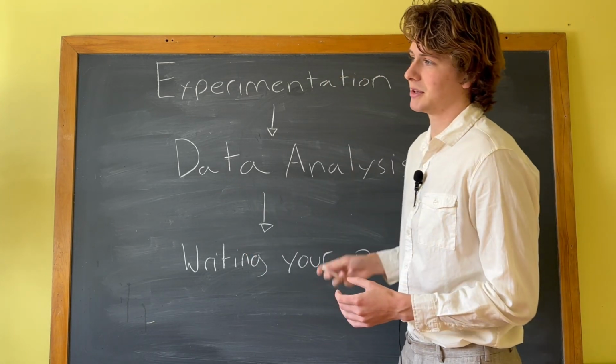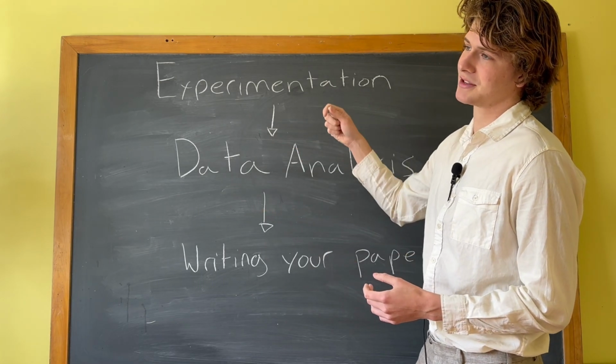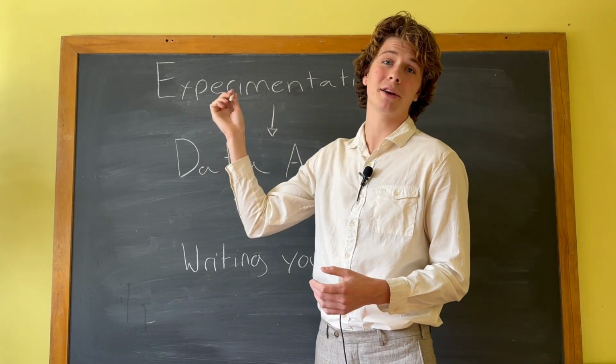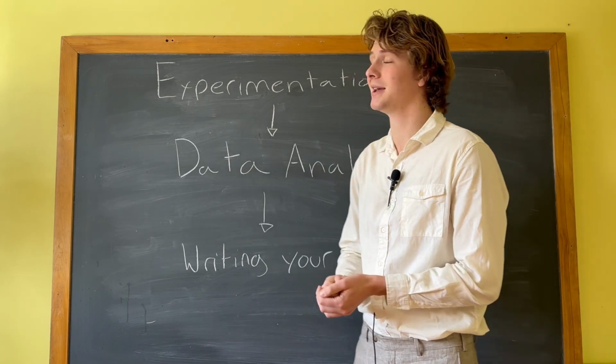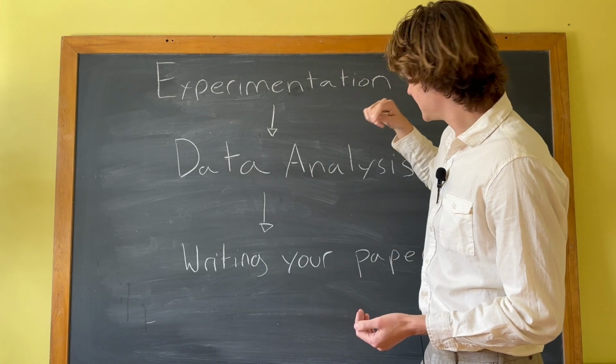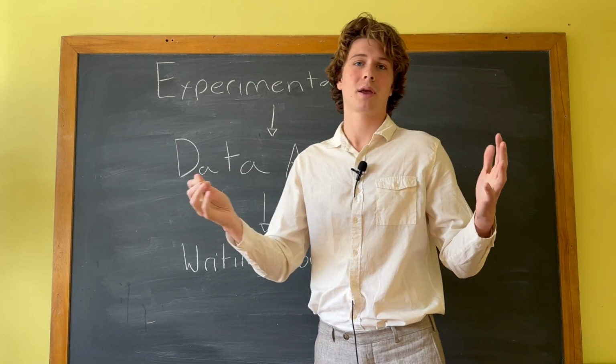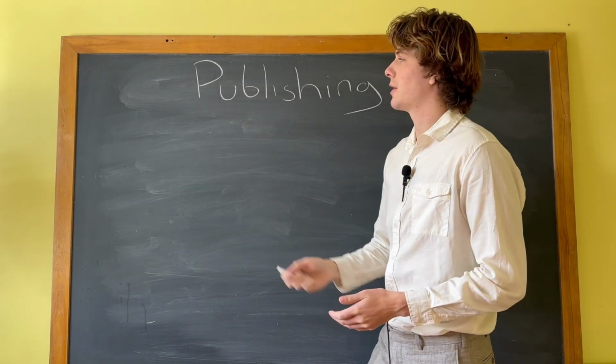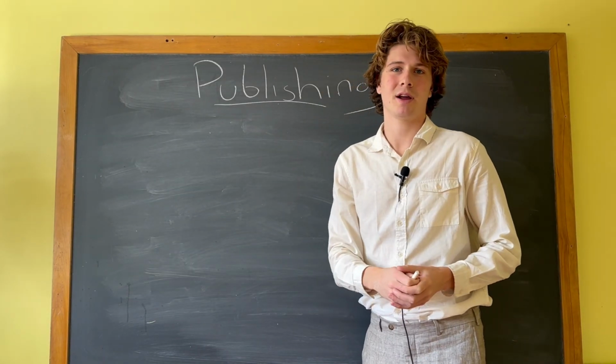So this is kind of the middle stages, right? You have your idea, your hypothesis, you get your money. You need your money to do science, right? This is how science works nowadays. You run your experiment, you analyze the data, you write your paper, right? Now to where do we go? So obviously now we're at a point where you want to get your paper published, right? We're at the publishing part.